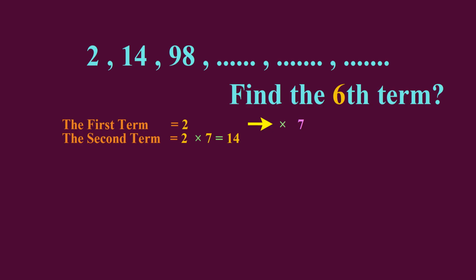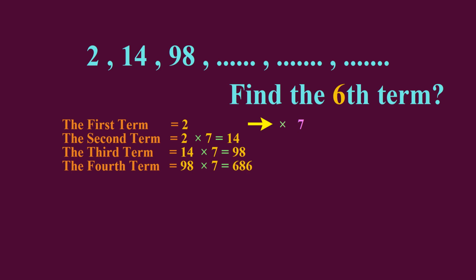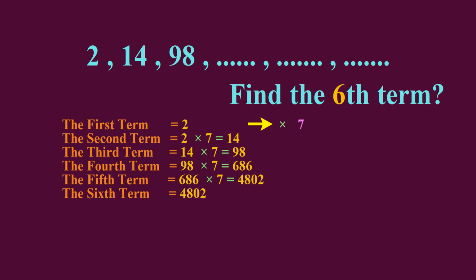And the third term is 14 times 7, which equals 98, and the fourth term is 98 times 7, which equals 686, and the fifth term equals 686 times 7, which equals 4802, and the sixth term is 4802 times 7, which equals